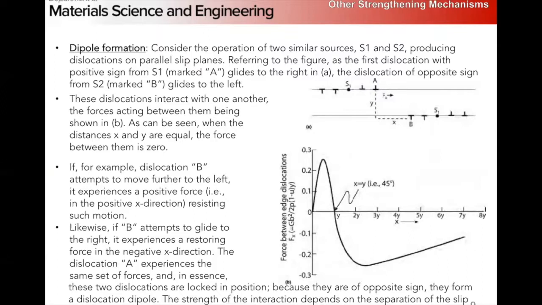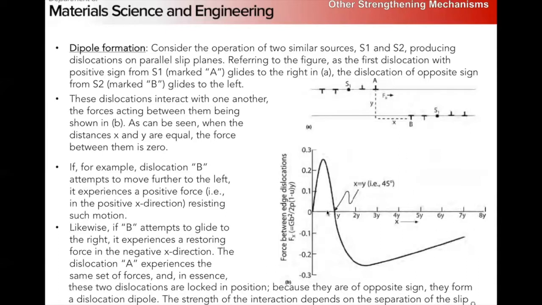However, if they're not on the same plane, they're separated by a distance, the planes that they're operating on are separated by a distance y, what's going to happen is dislocation B moves in, right? Remember the stress field around an edge dislocation, right? It changes sign depending on which quadrant you're in, right? Basically, if a dislocation is out here, let's say this one, as B comes out of the source, it's going to feel an attraction,